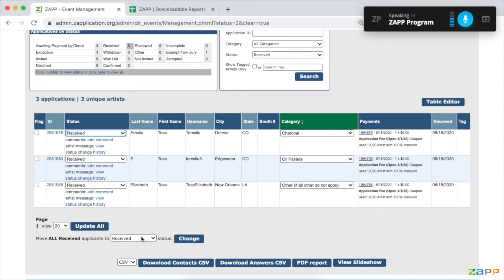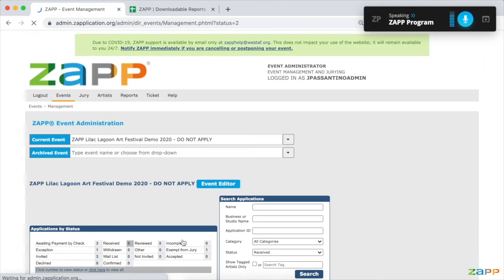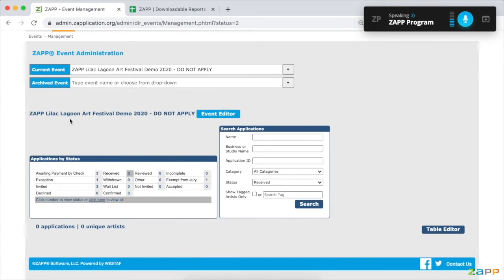We move everybody from received to exempt from jury, or because they were invited last year, maybe I'm just going to move them right to invited so that then they have the option to accept or decline their invitation, kind of like we were talking about a little bit earlier. And that is just a really quick way that you're going to be able to manage those artists